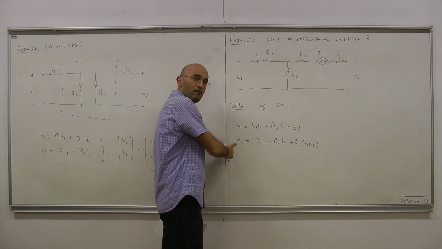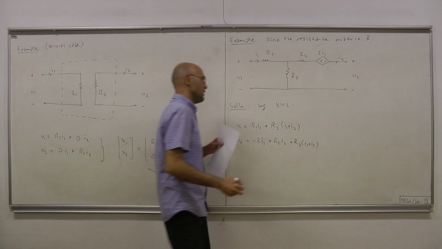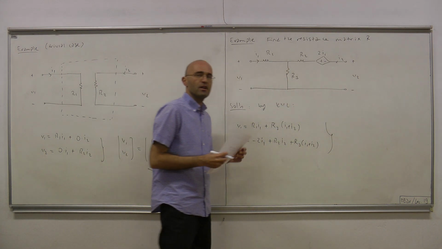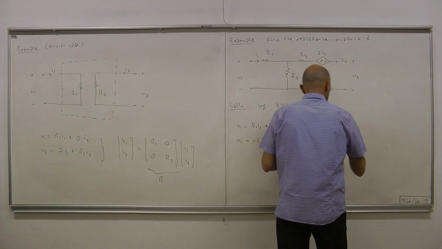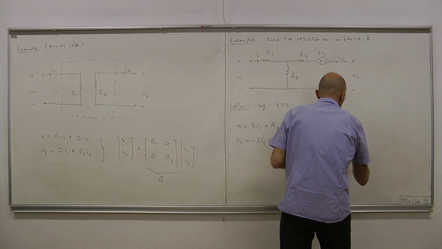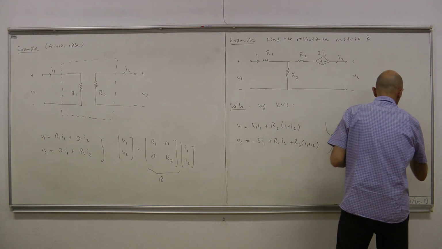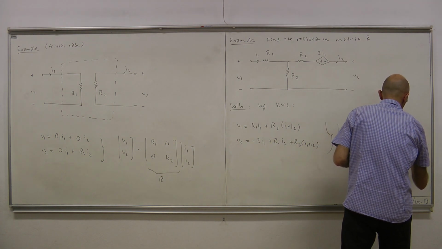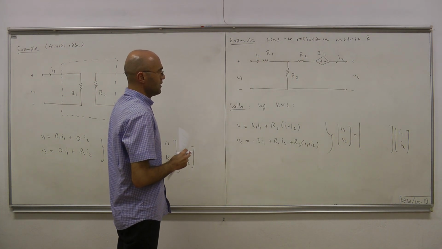Now, since we also have the expression for V2 in terms of the currents, it's quite easy to put everything in matrix form. So what we have here is V1, V2 equals the resistance matrix 2 by 2 times the impulse, if you will. That is, the currents. Now let's